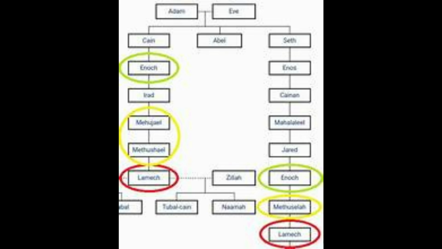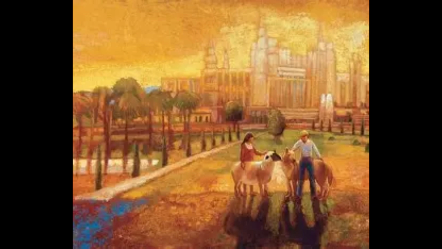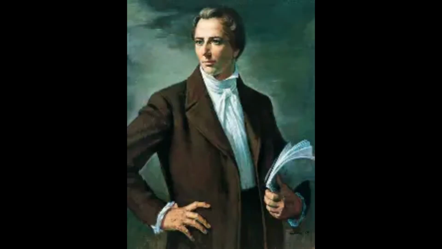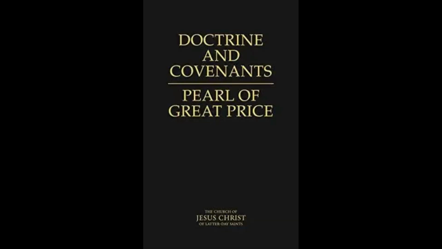But the other city of Enoch, that is attributed to the good Enoch, the only place I can find that story comes from is in a book called The Pearl of Great Price. And I think it was basically an ancient Egyptian text that happened to come into Joseph Smith's possession. Some guy came from Europe, and he was passing through New York when Joseph Smith, the prophet of the Mormon Church, was there. He had some scrolls with him that had ancient Egyptian writing on them. So Joseph Smith bought those from the guy,